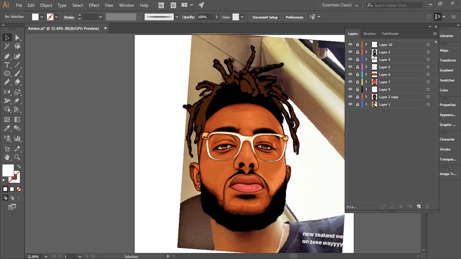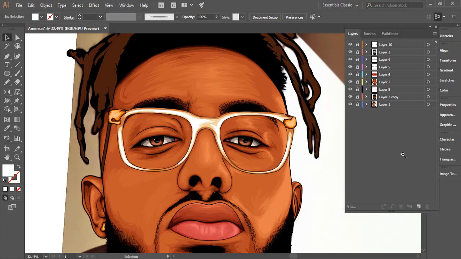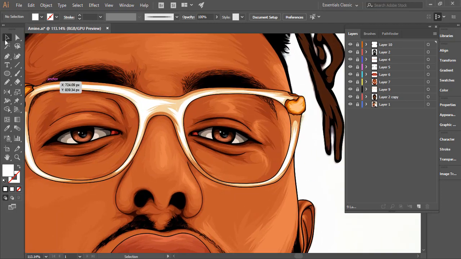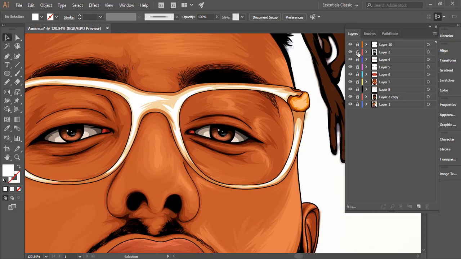So that's it for the eyes. So the next thing we need to create is the glasses itself. Now there are many ways to do that, but I'm going to be showing you a simple way to do it. Now make sure your layer,